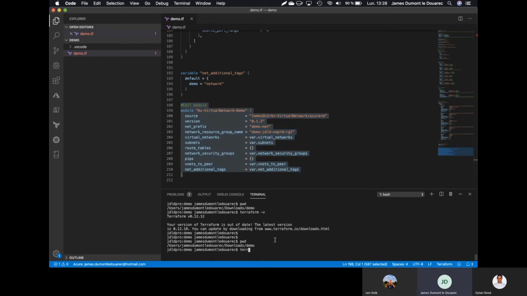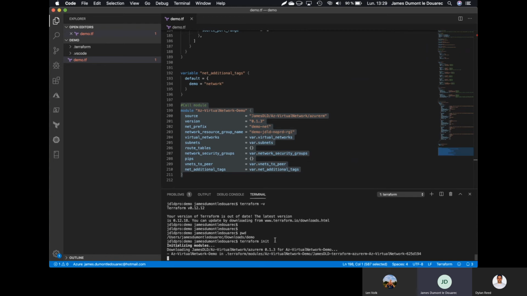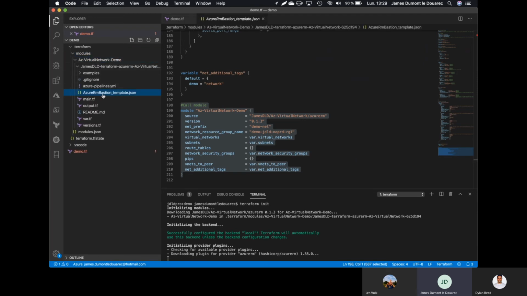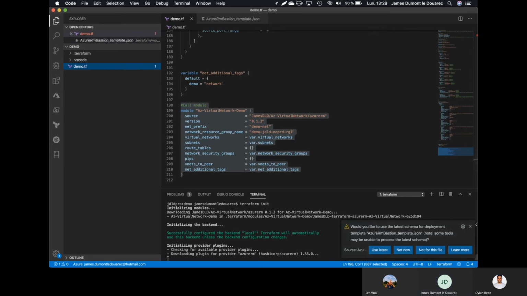The first command is the terraform init command. It will just download the module to the local folder. Just here, if you have a look, the module is here. It will also check that we are using the correct Terraform version that is required by the module.